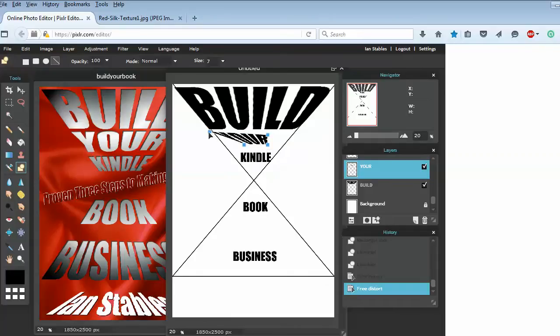So just move that there, about there. As you can see, I made the words big at the top and at the bottom, and they get smaller as they go out, because of course when something is further away, the smaller the word gets. So you just use your judgment here. Try to get it on the line as much as you can, but as I said, if it's not perfect, do not worry. You can simply select distort again